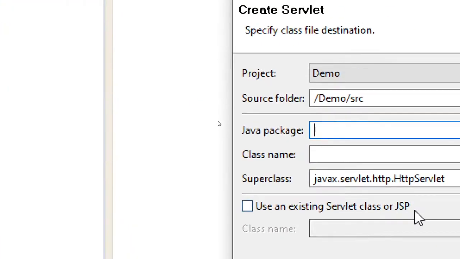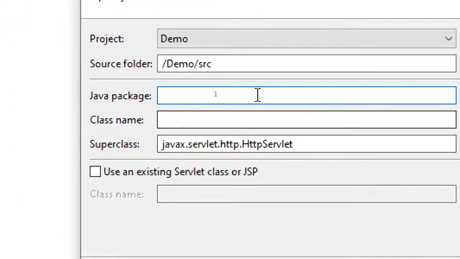So choose this Servlet, and you can even provide some package. Like I have told you, generally we will be using packages, like I have shown you in my CPC project: com.wipro.dao, com.wipro.bean, com.wipro.util. I hope you remember that. Something like that, if you want, you can specify the package. Right now I'm not interested in a package, so I'll directly give the servlet class name. Since it's my first servlet, let me use the name First.